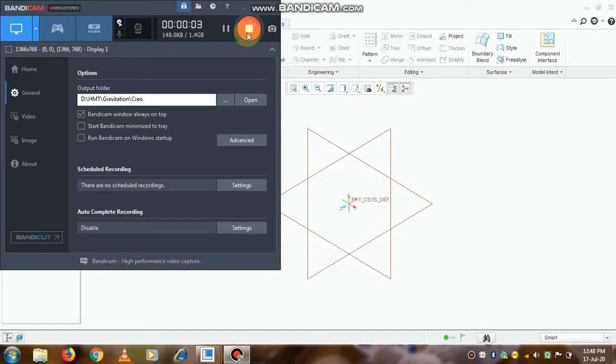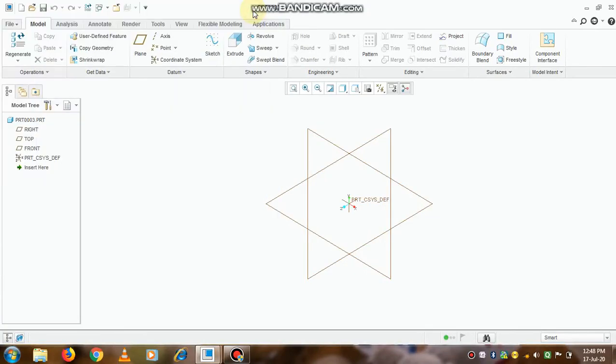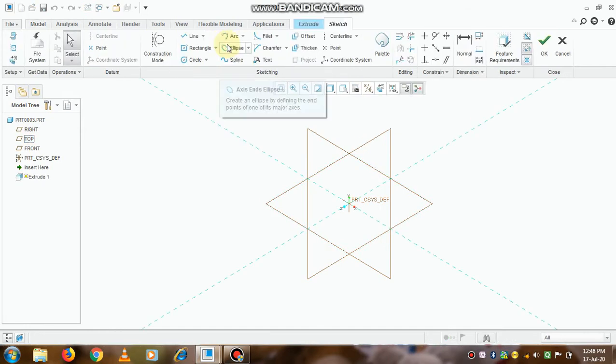Hello friends, in this video we will see how to create a trajectory rib. So first of all we will create a rectangular block, and in that we will go to the command that is shell. So select the top plane, go to the option that is extrude,